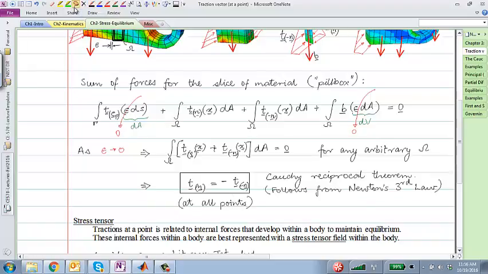And this is what is called the Cauchy reciprocal theorem,